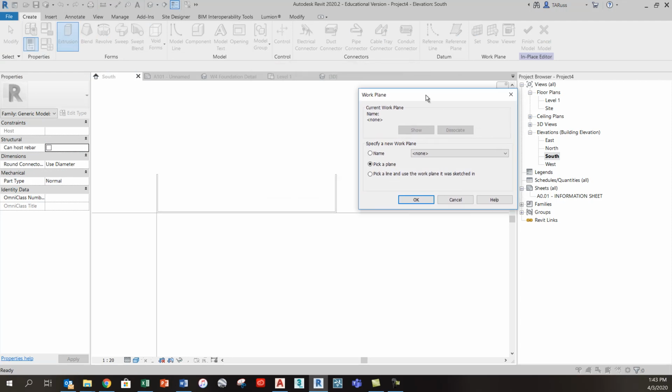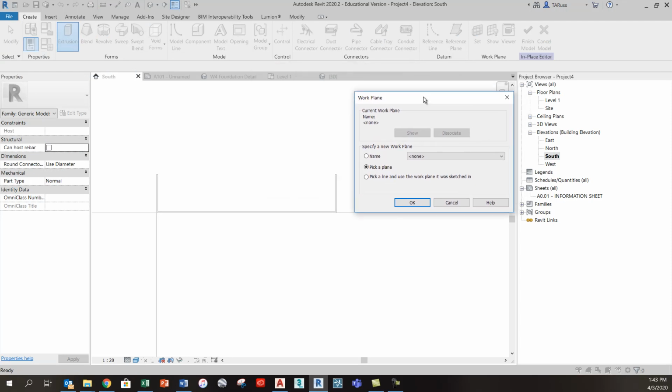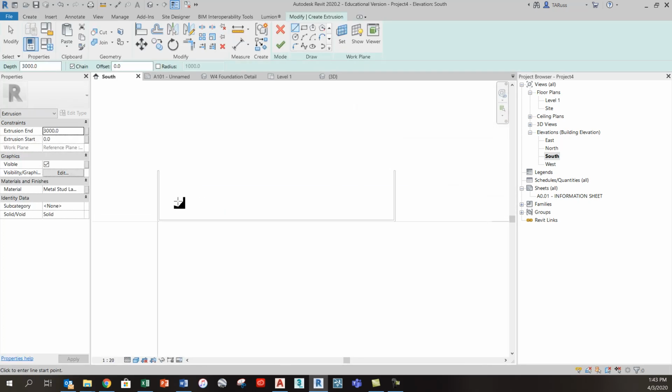Because I'm in an elevation view and it doesn't have a level to base this extrusion on, it needs to know where to actually place that sketch. So I'm going to click on name and look for the reference plane that I created earlier. There it is, front detail. And now when I click OK, I'm ready to start drawing, and I'll be right on the front face of